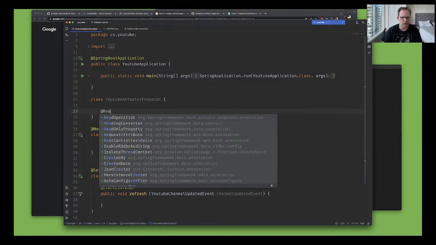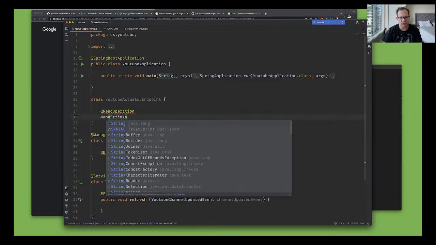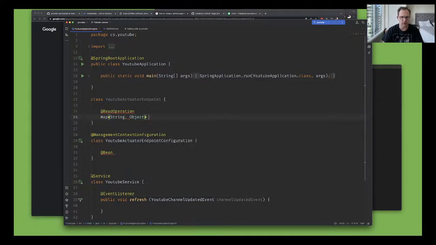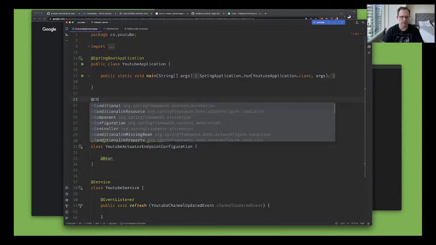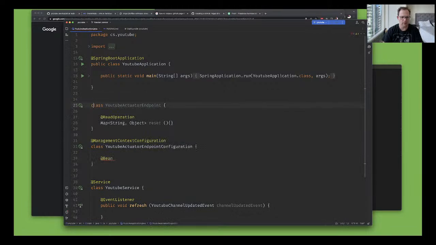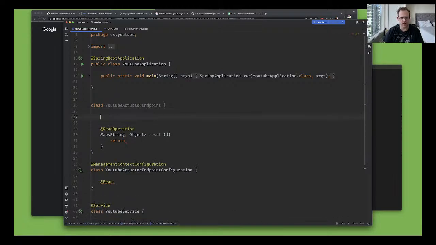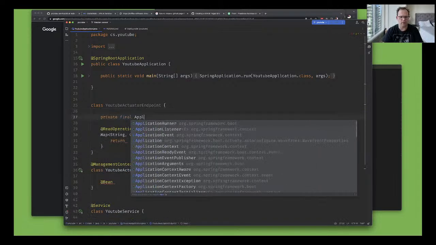Let's just do a read operation for now. So Map<String, Object> reset, right? Okay, and this will just be a Spring bean, and we'll say we want to inject the ApplicationEventPublisher,